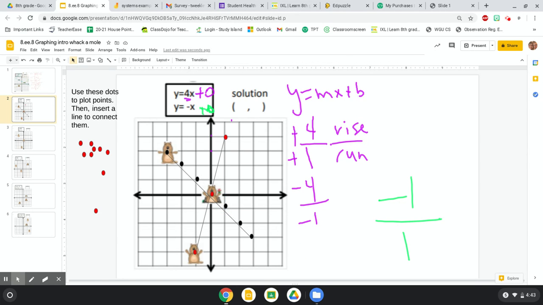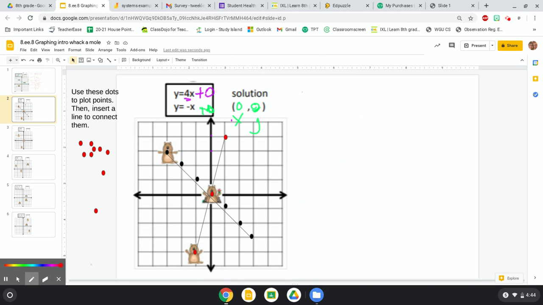So now at this point, I'm looking at where those lines intersect. Well, they're intersecting at the point 0, 0. So my solution here would be 0, 0. Again, remember it's x and then y for ordered pairs. Okay, so that is a 0. My stylus is just not wanting to work. Okay. So again, to check,